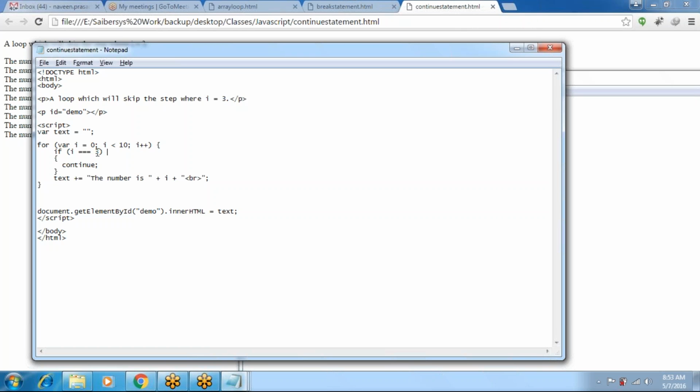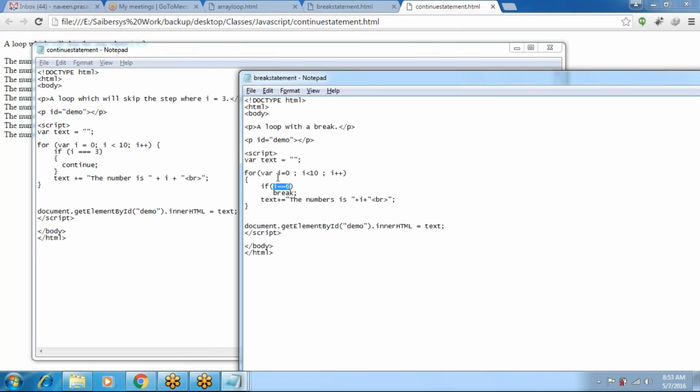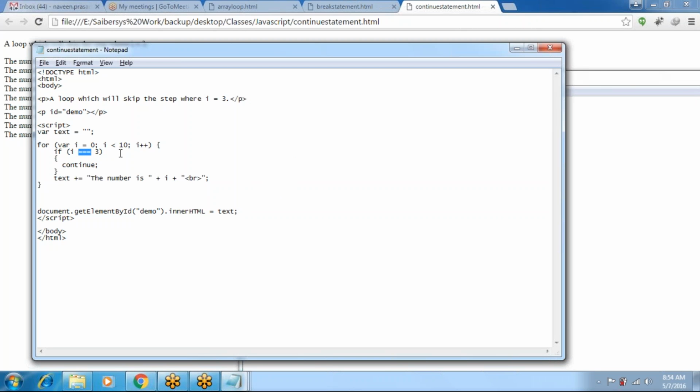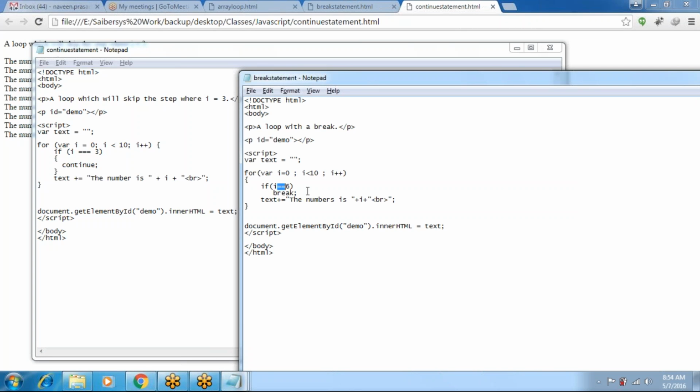So the data type is also checked. The i data type is integer, so it checks whether this 3 is also an integer. Triple equal to checks value and type, and double equal to checks only the value. This is an interview question: what is the difference between double equal to and triple equal to in JavaScript? Triple equal to checks the value and the type of the value, and double equal to checks only whether the value is equal or not.